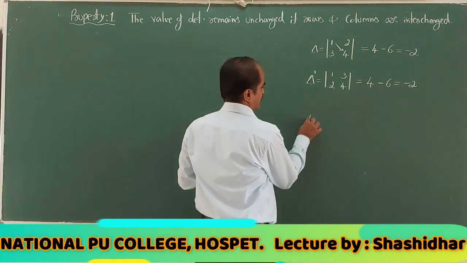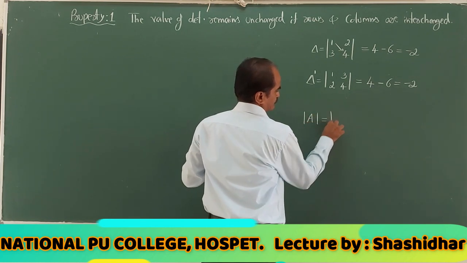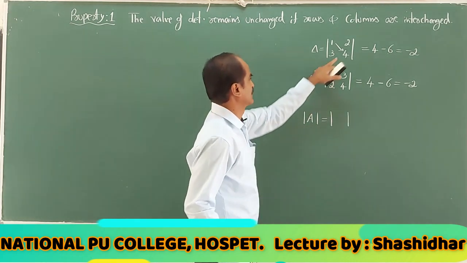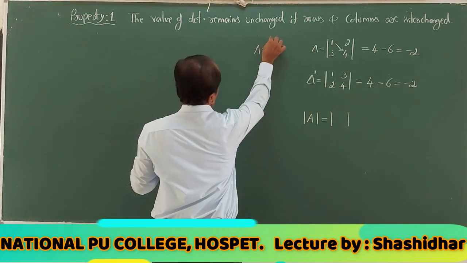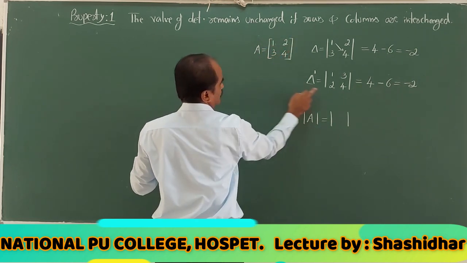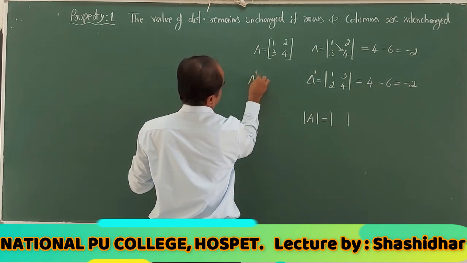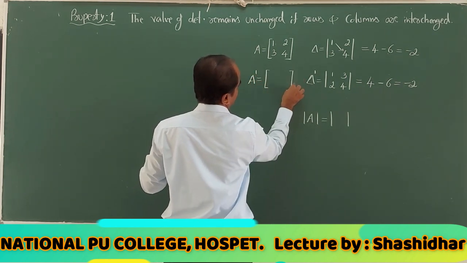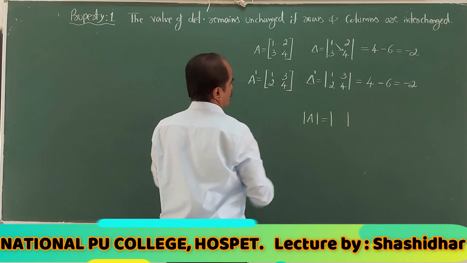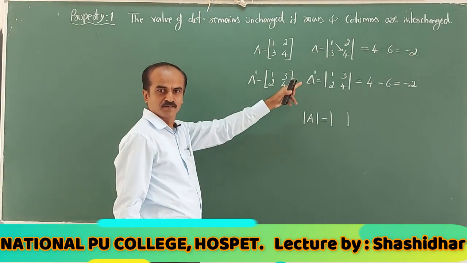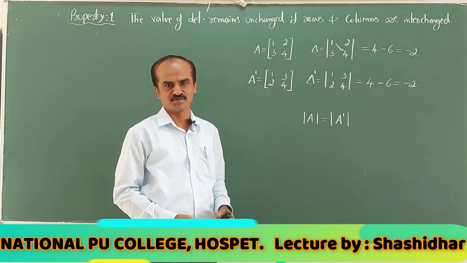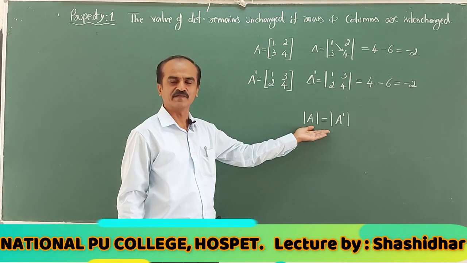Now, for understanding's sake, this can be treated as the determinant of matrix C corresponding to this, the matrix whose elements are 1, 2, 3, 4. Now look at this. I can write it as the transpose of this, because on interchanging rows into columns you are going to get the transpose. First column 1, 2, second column 3, 4. So with this idea, what this property says is: the determinant of matrix A is the same as the determinant of its transpose. In the simplest way you can understand this.